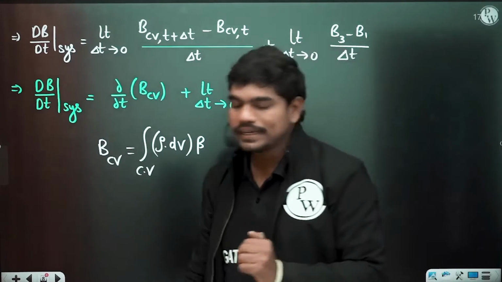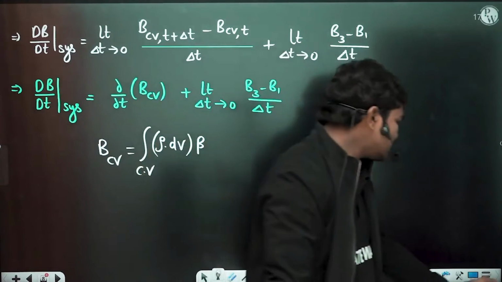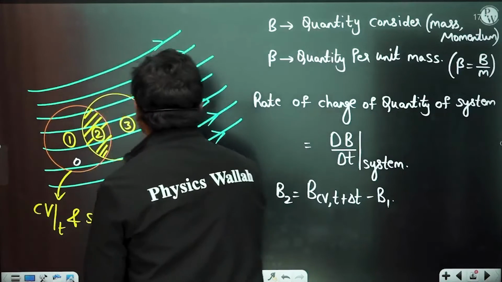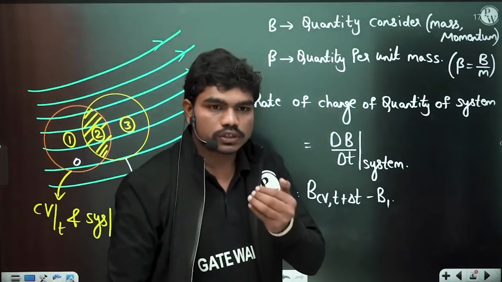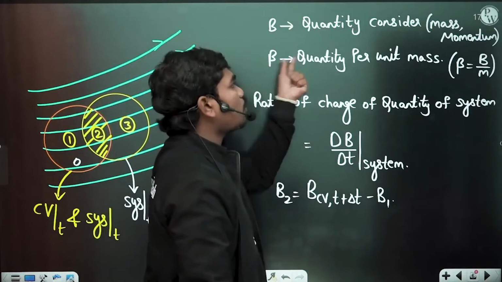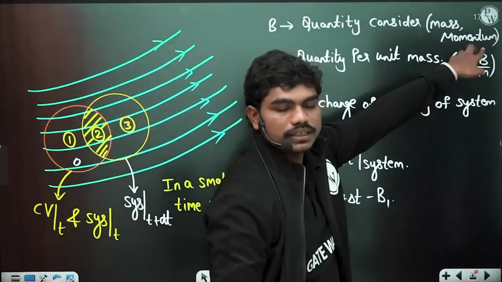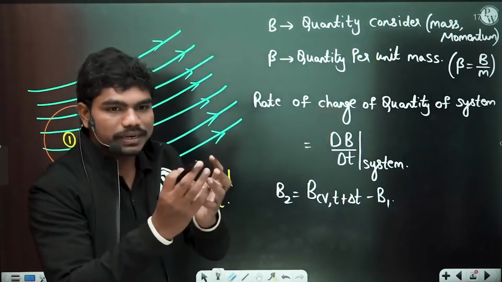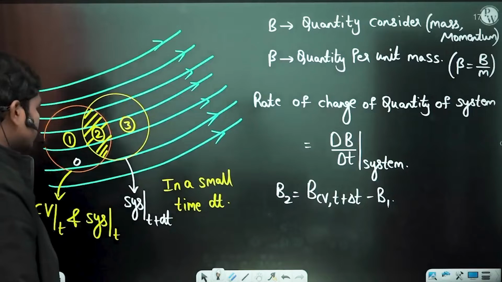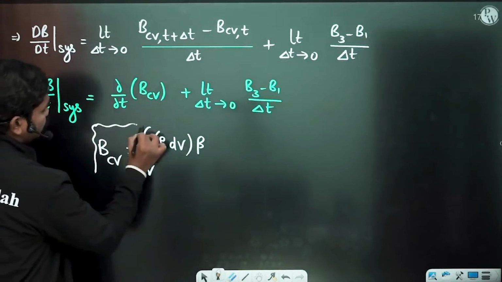What I am trying to tell you is, basically we have considered some small element of mass in the control volume. Say for example, somewhere here we have considered some small element of volume in the control volume. So rho into dV gives you small mass. So that small mass into this beta, quantity per unit mass. So you are multiplying quantity per unit mass with mass, then mass and mass get cancelled, you will get the property value in that small region which is present actually, correct? So that's how, if you see, this B of the control volume can be written in this way,